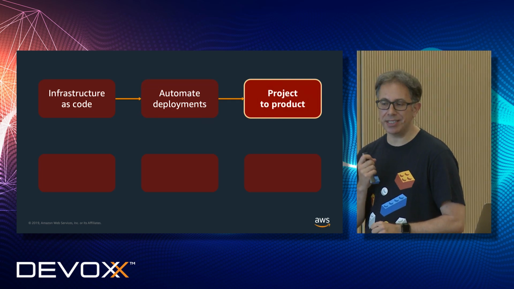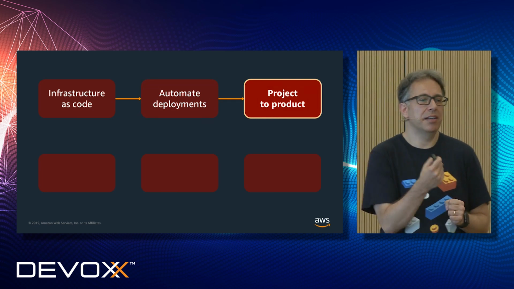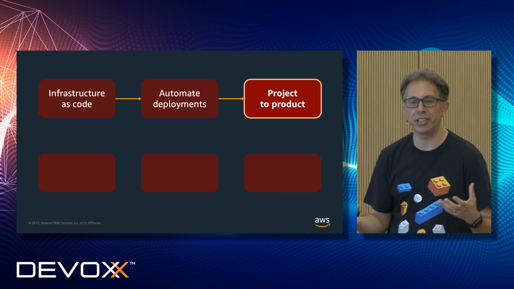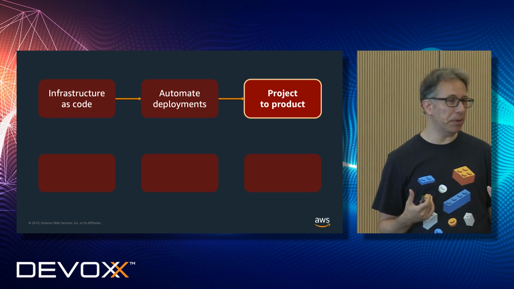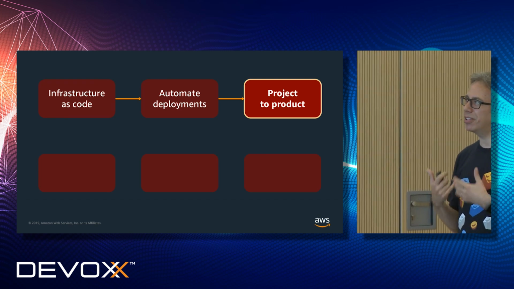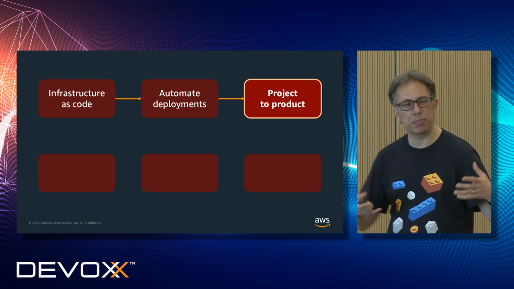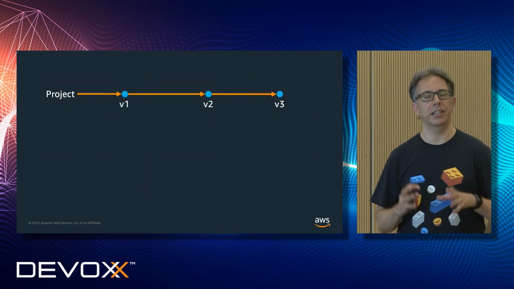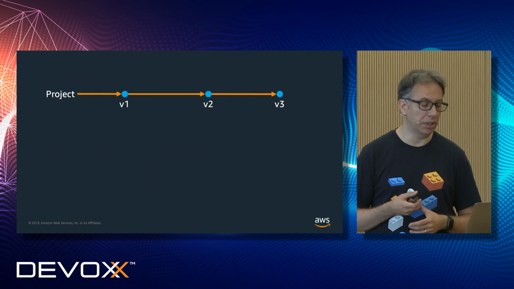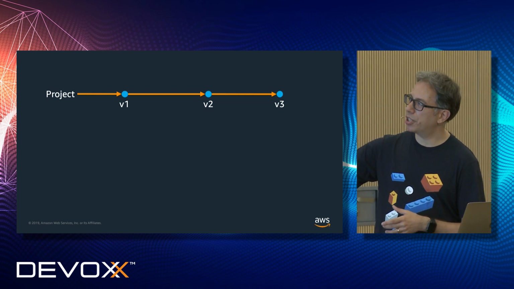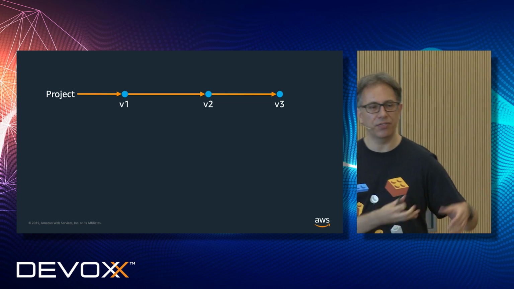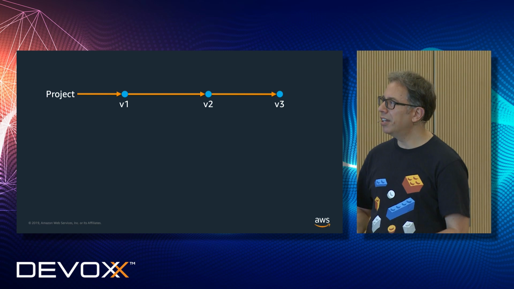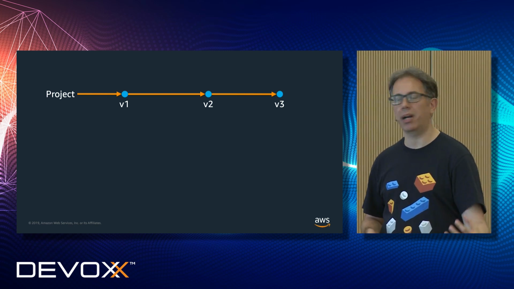So when you automate deployments, the next step is how can I know how to bring features in production quickly, but how can I evolve my software project in the right direction? What I think is important, and it's something that we do a lot in Amazon, is don't think of what you're building as a project, because projects are static. Think that you're building a product. There are lots of interesting ideas around projects and products. I think projects force you to think into milestones. Now this is version 1 of my project. I want to release version 2. At the end of the year, I want to release version 3. It really forces you to think into major milestones.